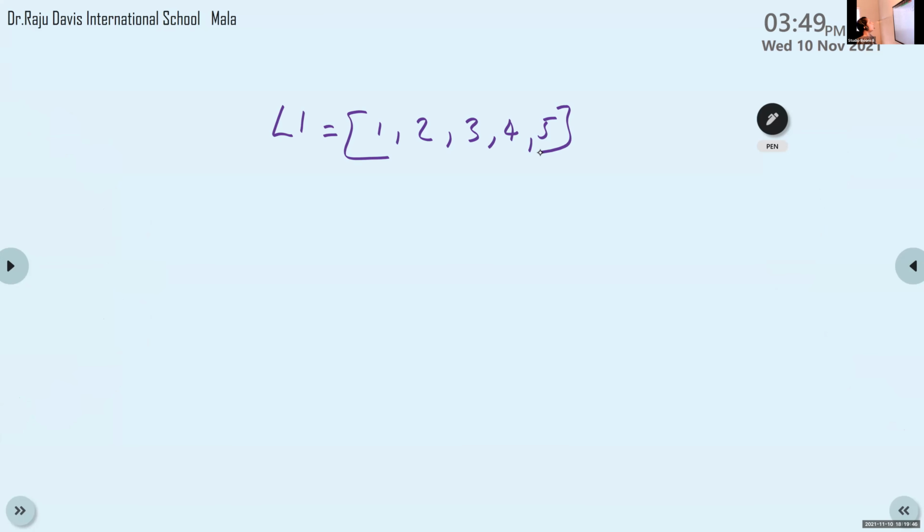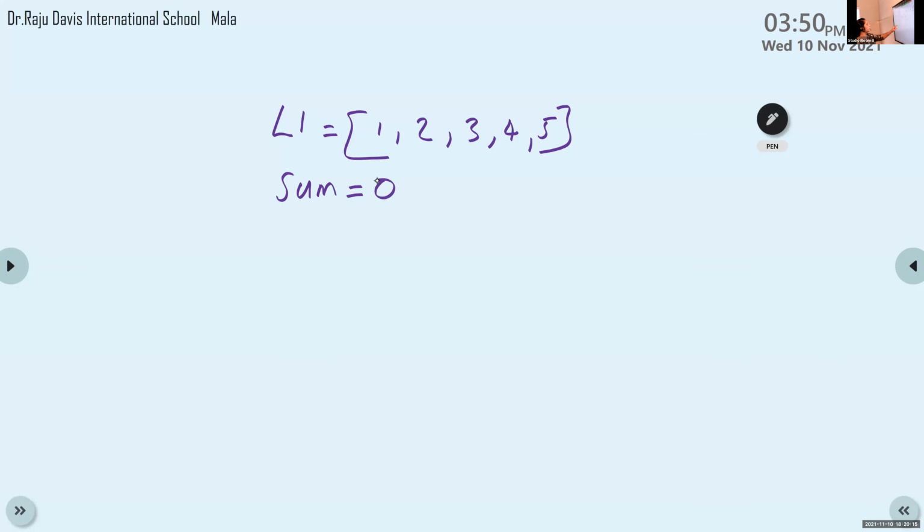Then my question is, find the sum of these elements, that is 1 plus 2 plus 3 plus 4 plus 5. That is the program. First you want to initialize one variable with 0 value.